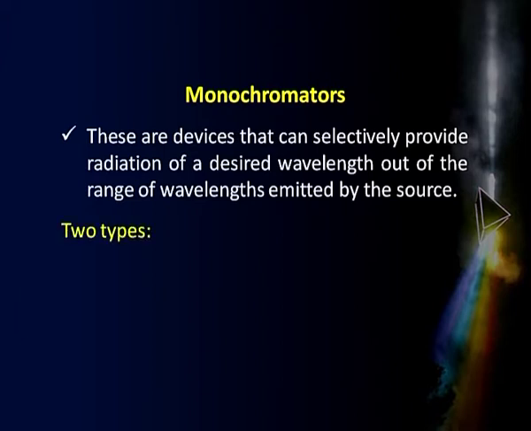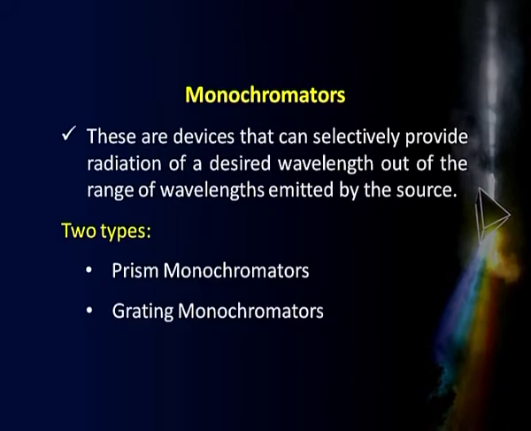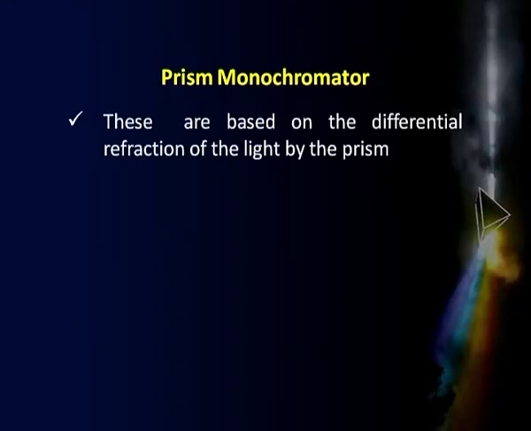And there are two types of monochromators we have. One is called prism monochromators, as the name suggests, we are using a prism in this case, and the second one is where we are using a grating. And let us see what a prism monochromator is. Prism monochromators employ a prism as a device which is going to give me monochromatic